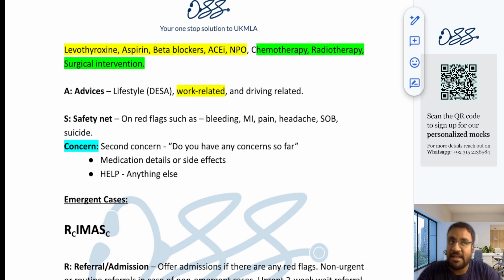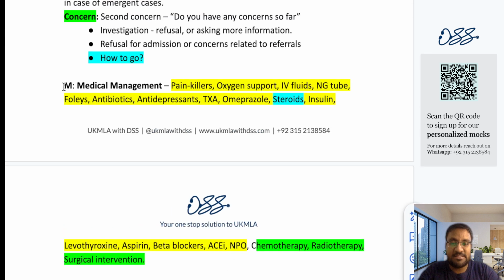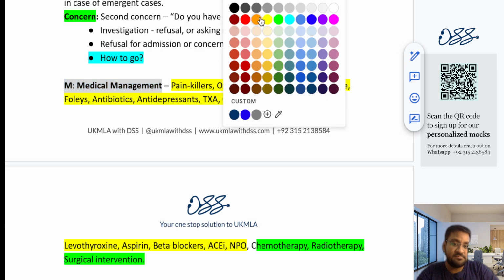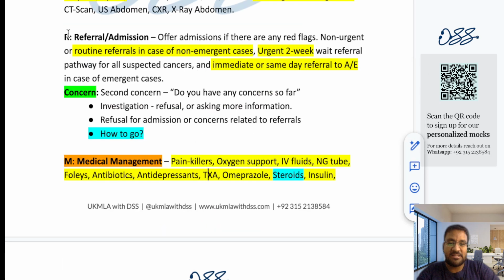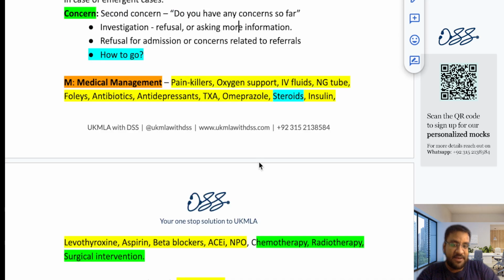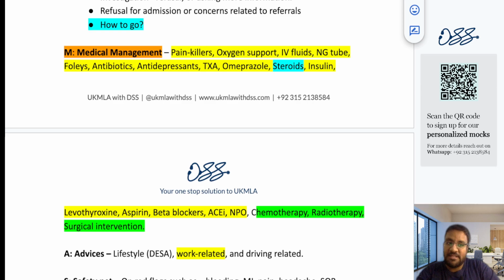What most people do is they end up not explaining the diagnosis, even though they got the diagnosis right. And in the management, they just think that management is only the M part, the medical management, and they only end up doing that. The max they would do is make a referral. Then they think, okay, I have made the referral, I have talked about the medical management, and I just told the diagnosis, I'm good to go, I'm going to score 4 on 4. Unfortunately, this would only help you score maybe a 1 or 2.